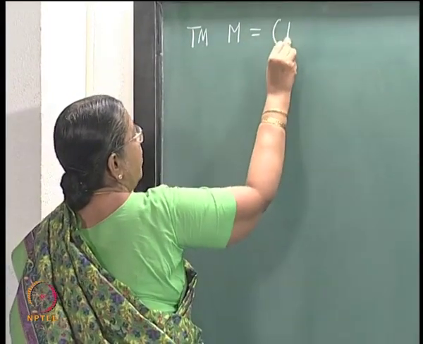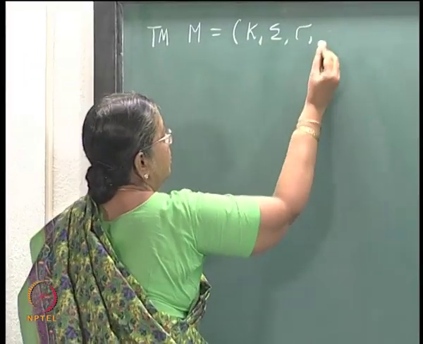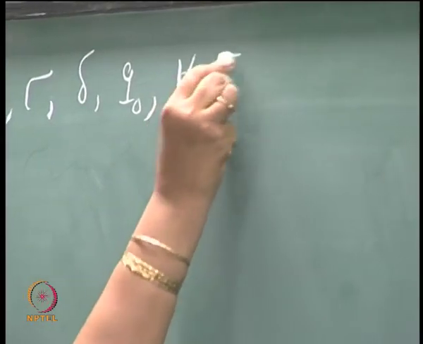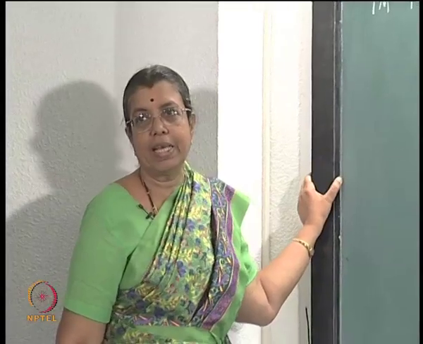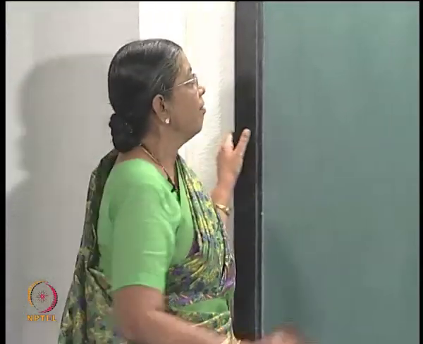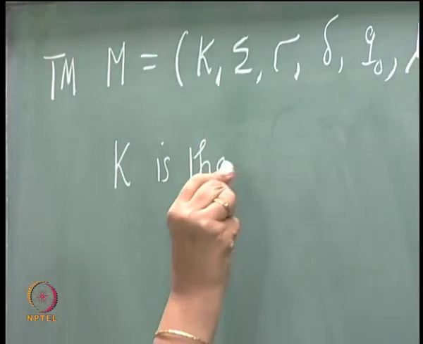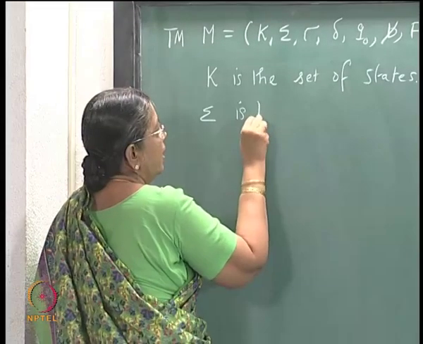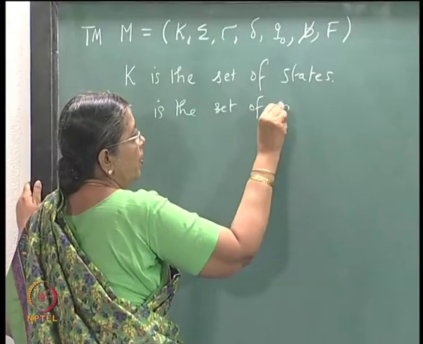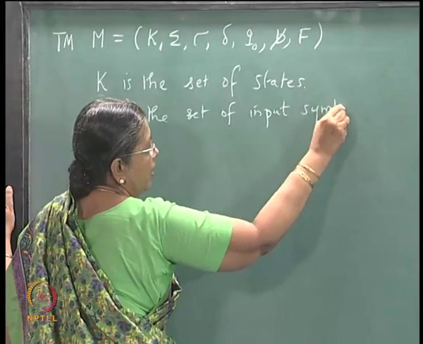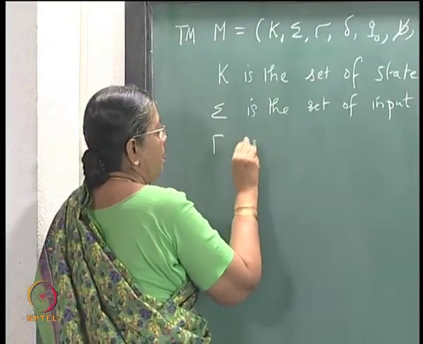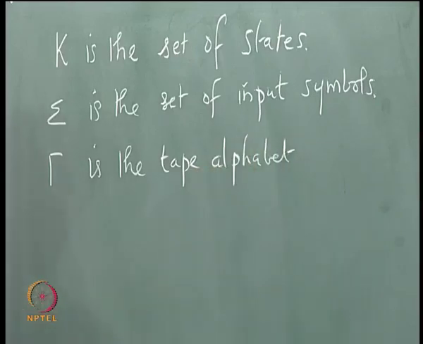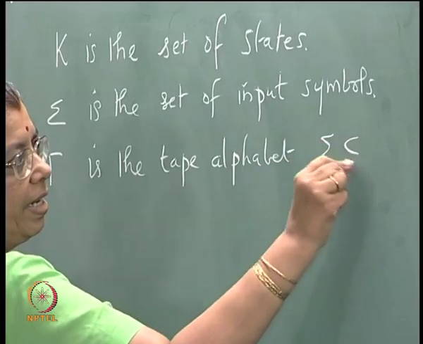say M, is taken as a 7 tuple (K, Sigma, Gamma, delta, q naught, blank, F). Sometimes it is given as a 6 tuple, where the blank is not given separately. Here K is the set of states, Sigma is the set of input symbols, or the input alphabet, Gamma is the tape alphabet, and Sigma is contained in Gamma,